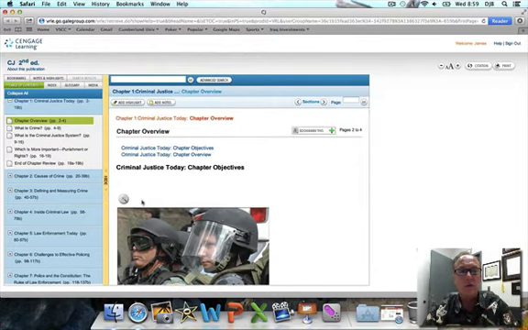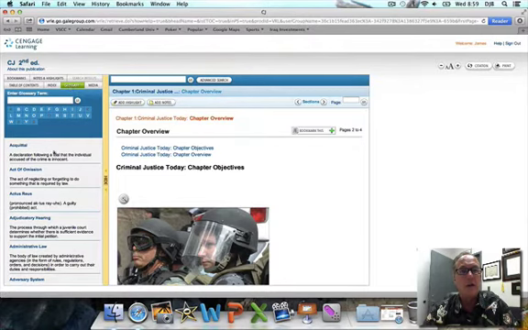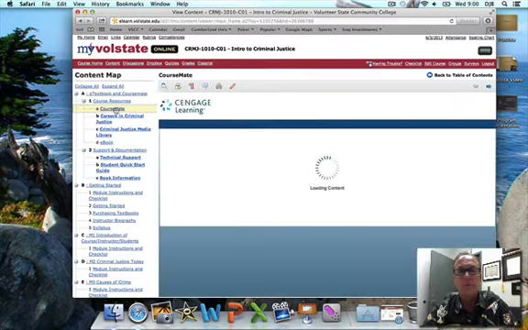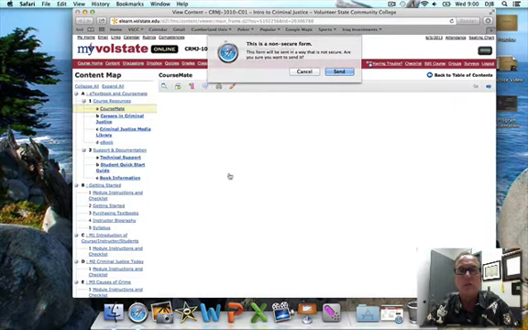Again, it's broken down into these little sections. There's an index here. There's a glossary of terms if you want to go to that. It's alphabetical. You can do bookmarks. You can take your own notes. You can do several things like that. All right, secondly, the question that's come up is, how do I get to the Coursemate? Well, that is right here, and all you do is click on Coursemate. Again, it'll launch in a new window,